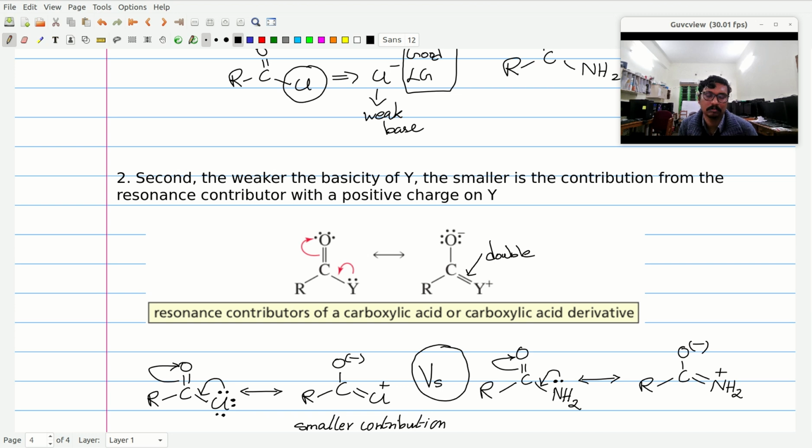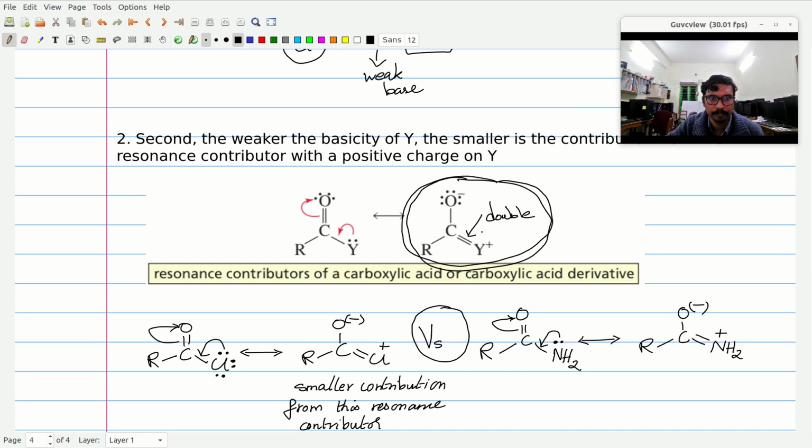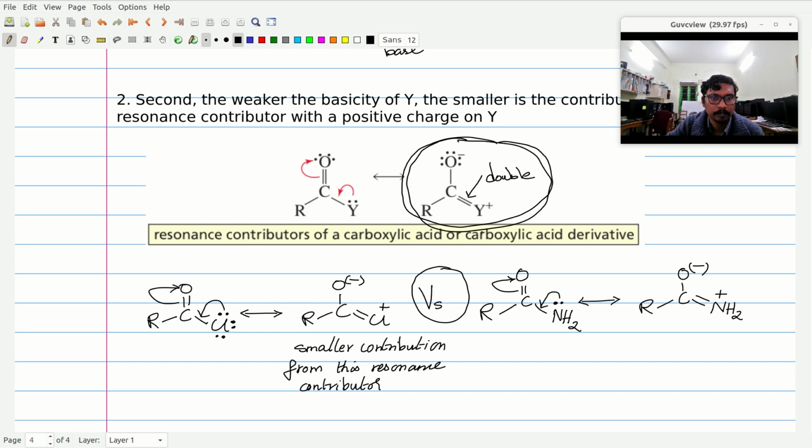So the more the contribution of this resonance structure, the more likely that this C double bond will be stable. And hence we can say that the weaker the basicity of Y, the smaller is the contribution of this resonance contributor, the structure with a positive charge on Y, and hence it will be difficult for the Y, or the leaving group, to leave the acyl carbon. So in the case of acid chlorides,